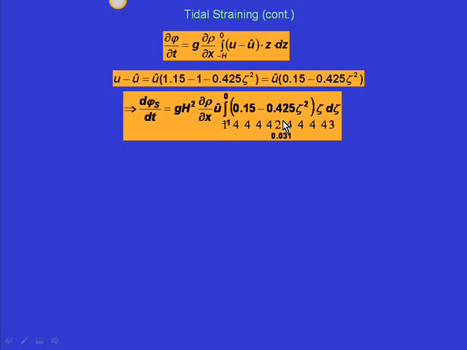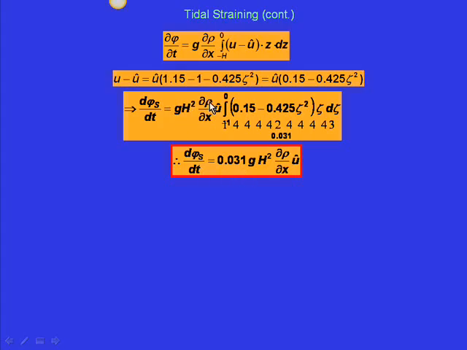And if you evaluate the integral, this is a relatively straightforward integral, right? It has the integral of zeta and the integral of zeta cubed. And you evaluate it from minus 1 to 0, you get that value, 0.031. And just to make sure that you remember how to do these things, you can do it at home. There's the answer, 0.031. So the bottom line here is that for tidal straining, you can represent the changes of stratification as 0.031 times G